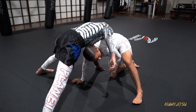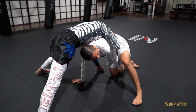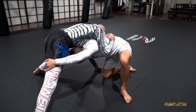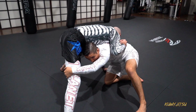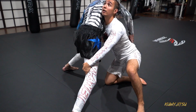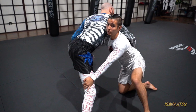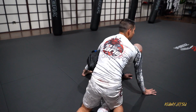Notice my knee is really far back, way far away. At this point, I would have to slide my knee forward, and now I can get my hips in and my back straight, my head up here, and I can re-attack from this position. All I have to do is circle, circle, and now I'm on the back side. Okay, enter into the back